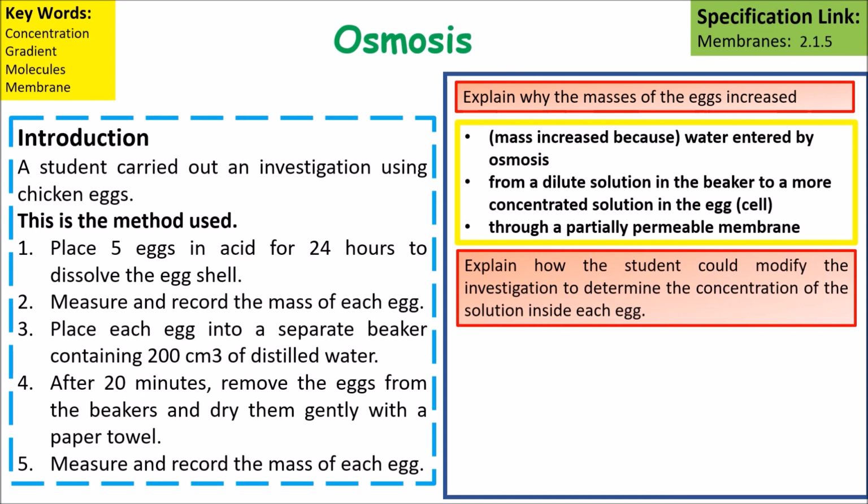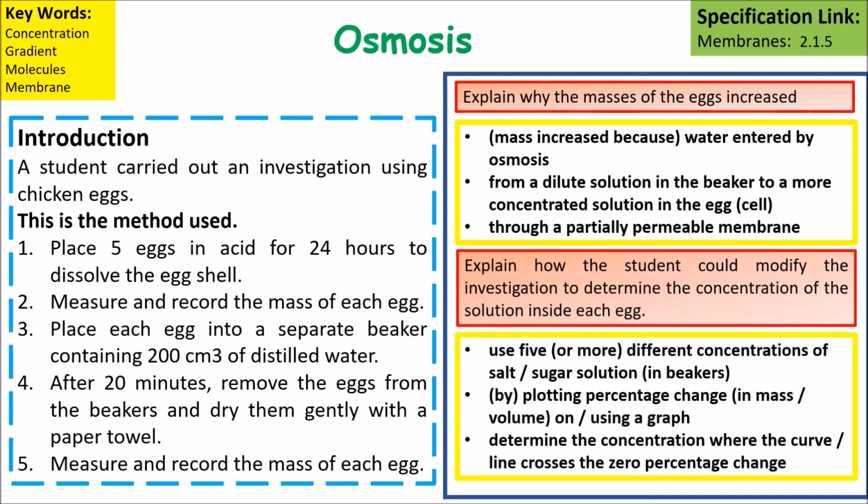And explain how the student could modify the investigation to determine the concentration of the solution inside of the egg. You need to say something like use 5 or more different concentrations of salt solutions, then plot them on a graph, and then you could determine where the concentration was the same, because it would be at the point where your line passed through the axis at a